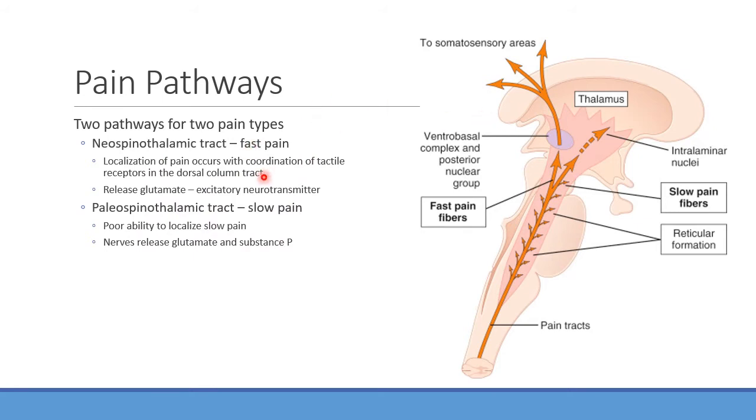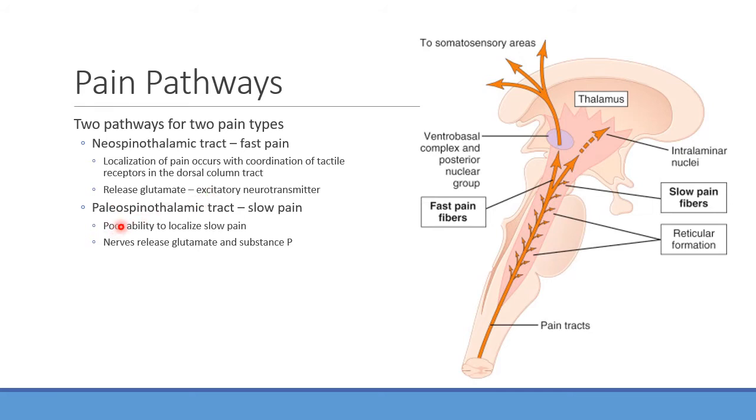So again, that fast pain track is going to be this neospinothalamic tract. Usually it's going to be detecting a high degree of localization because it's associated with a more tactile feel to it. And most of the time, when they're releasing neurotransmitters, because that's how they send their signal along, it's normally going to be sending things like glutamate. Glutamate is a primary excitatory neurotransmitter. When you send out glutamate, you're typically trying to stimulate secondary neurons from there. So that's usually how it's going to be transmitting signals.